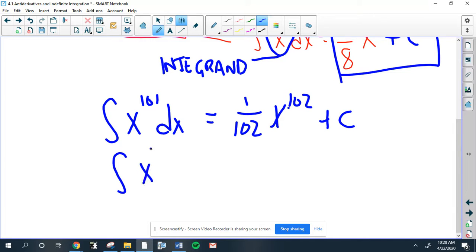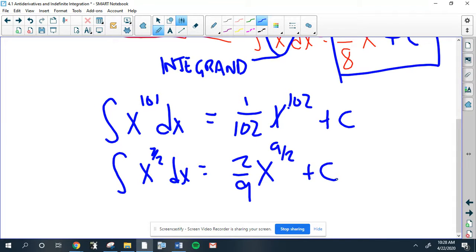The integral of x to the 7 halves dx. Add 1 to the exponent. So that's adding 2 over 2. That would be 9 over 2. And then multiply by the reciprocal. And that's how you use the